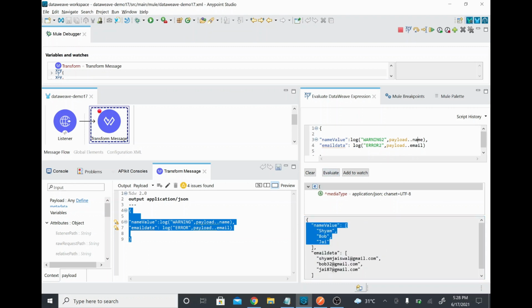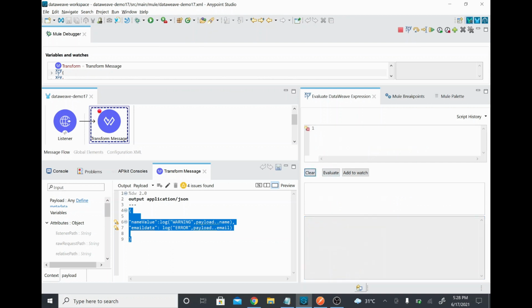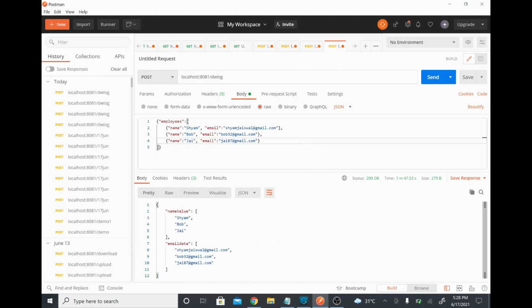And similarly here, if I wanted to change something, you can change it. So instead of name, I wanted to give email here and print it, then the email value will come. Okay, so both will have email. Now I'll clear this one, I don't want that. Now I just want to execute this transform message. Okay, I'll run this one, so that the transform message will complete and the response will go here, right? The response, if you see here, is coming with the name value, right?